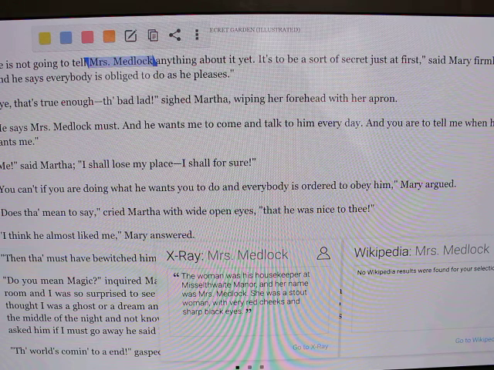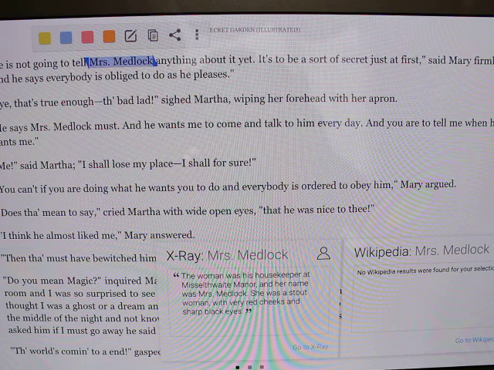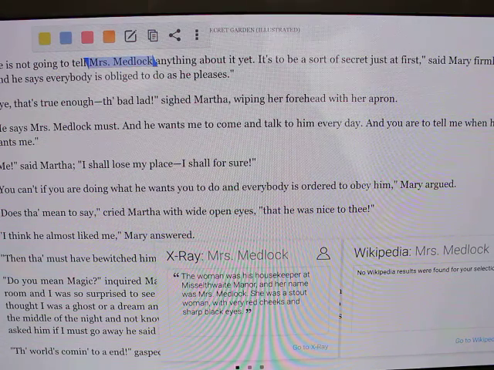The reference in the box is the very first reference to Mrs. Medlock in the book. And it says, if you cannot read this, the woman was his housekeeper at Musselwhite Manor, and her name was Mrs. Medlock. She was a stout woman with very red cheeks and sharp black eyes. Now, if that's not enough to jar your memory as to who she was, you can go and see more